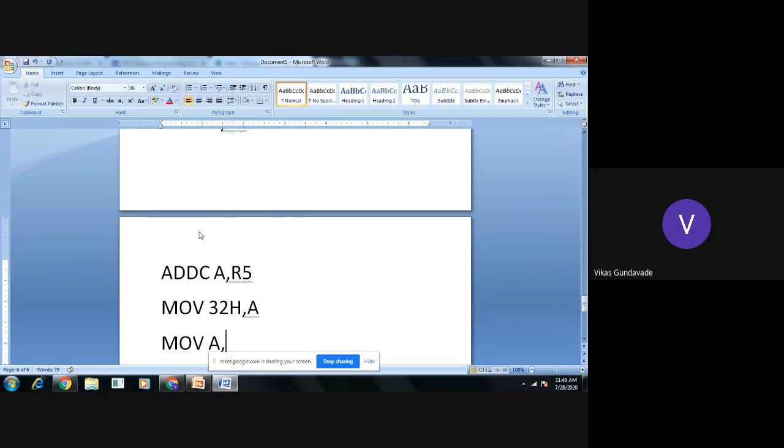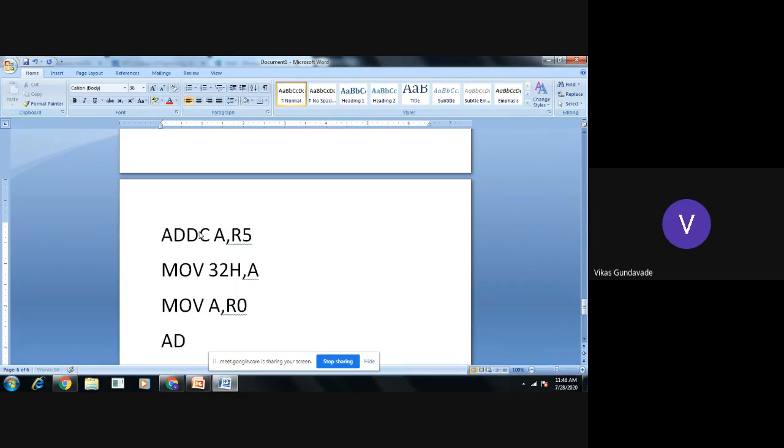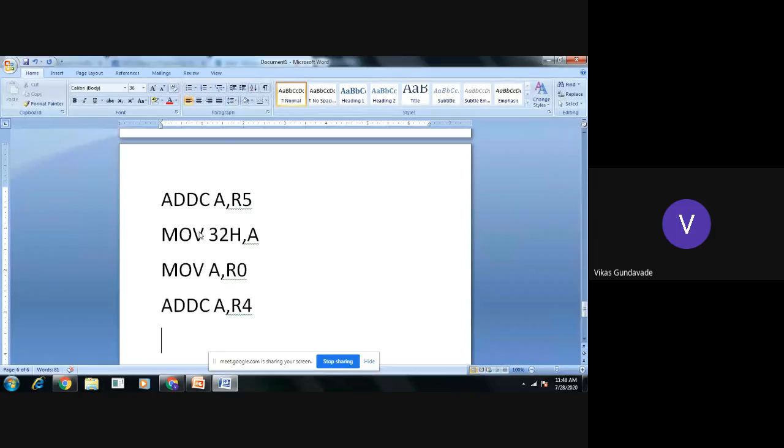After that, the higher 8 bits we will take into the accumulator with the instruction MOV A, R0. Then we will add with carry the accumulator with R4. The higher 8-bit number is available in the accumulator.